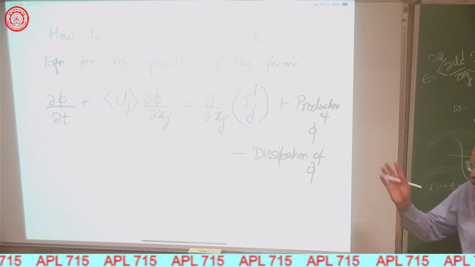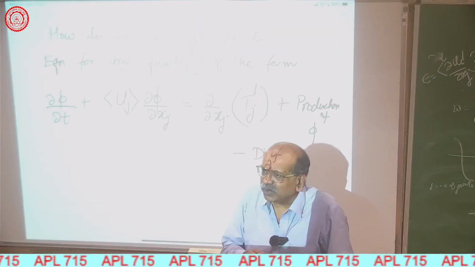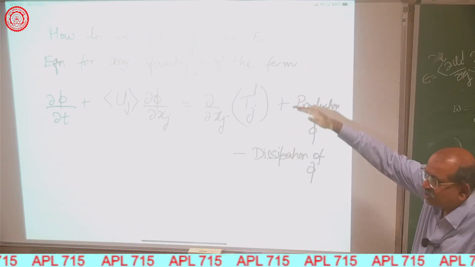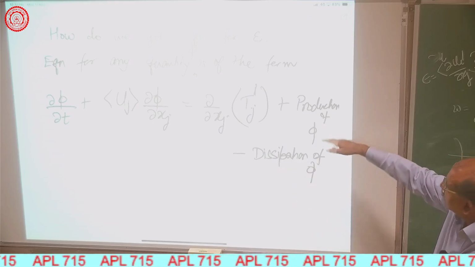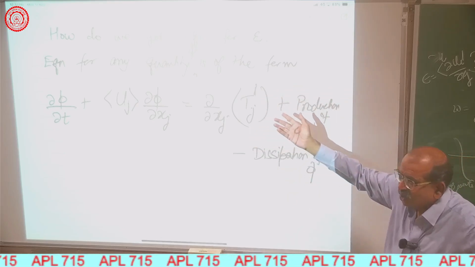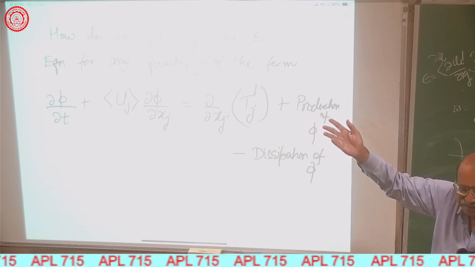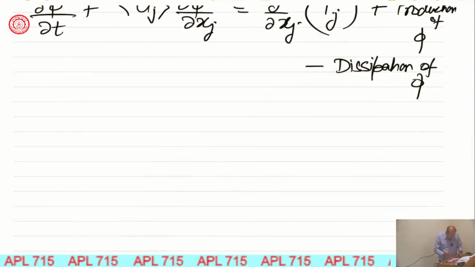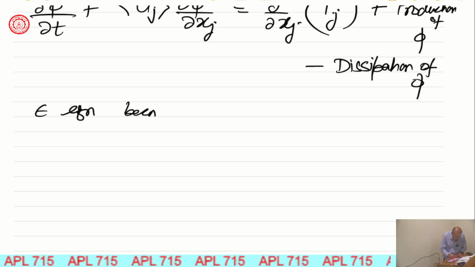In fact, even when you write CFD codes, you write everything like this. Even the continuity equation is written in this form, and then you make some of those terms zero to get the exact equation. Okay, so that is the standard way of writing anything. So using this, the epsilon equation becomes